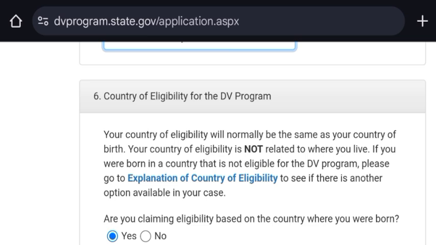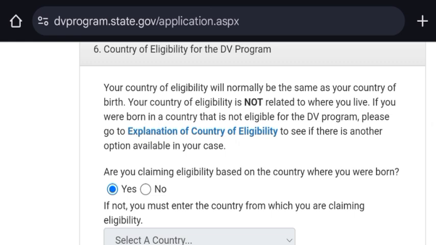Next, country of eligibility for the DV program. Your country of eligibility will normally be the same as your country of birth. Your country of eligibility is not related to where you live.